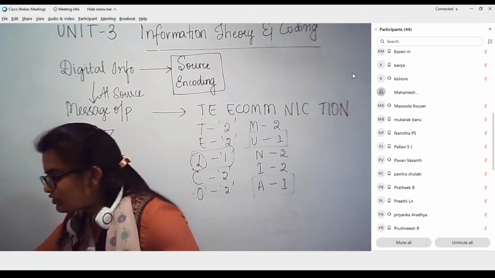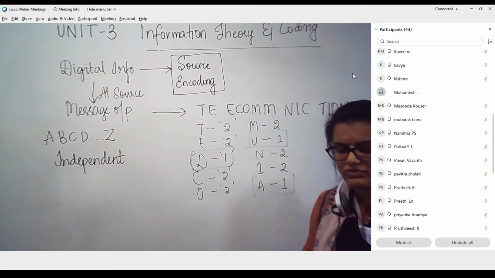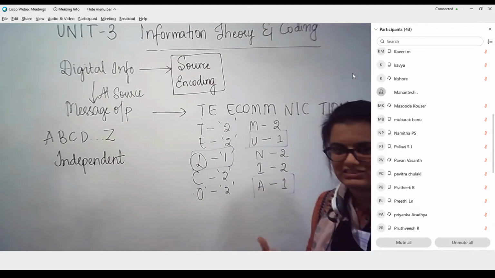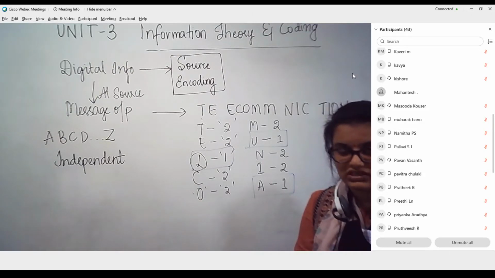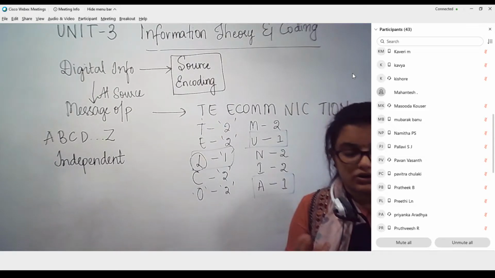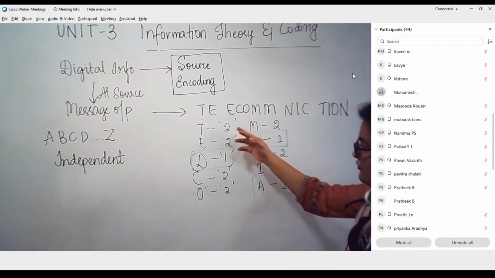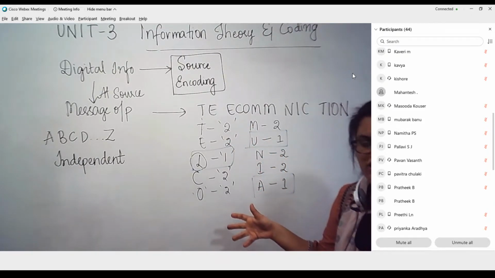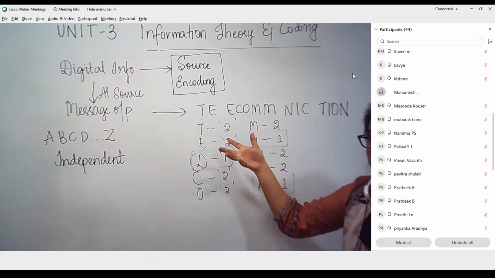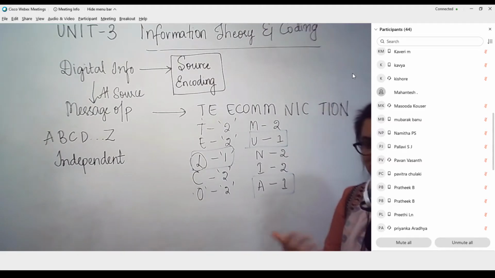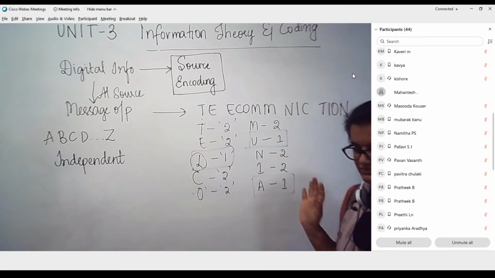What if I say tomorrow sun is going to rise in the east? It is quite obvious. I will know for sure that sun rises in the east. So that does not give you any information, but it is also a message. But it is not giving you any valid information because it is already known. So here, in the similar way, if I have multiple repetition of the same alphabets coming into the message, then that means that particular alphabet is rendering less information when compared to that of an alphabet which is least occurring.